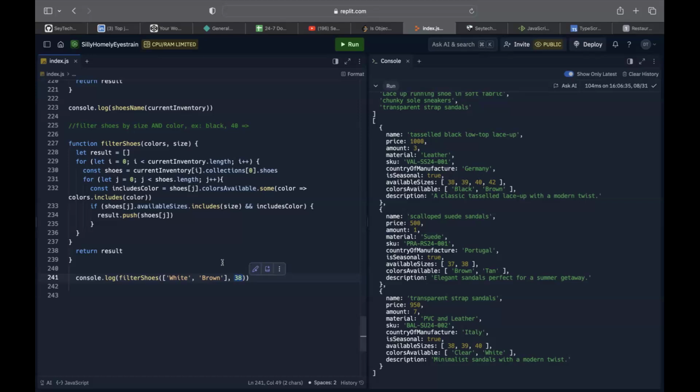So the goal is that when, let's say on Amazon, I want to buy a shoe in size 40 in white color, I will write white and 40, right? Yeah. Then it will show me the items in white color and size 40. Yeah. So for example, we have